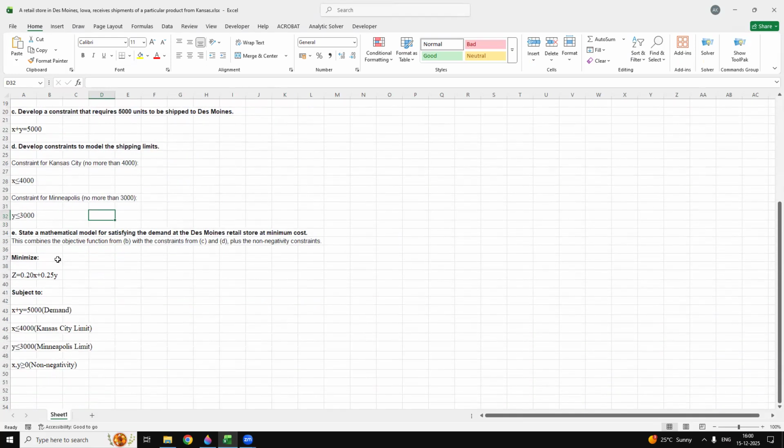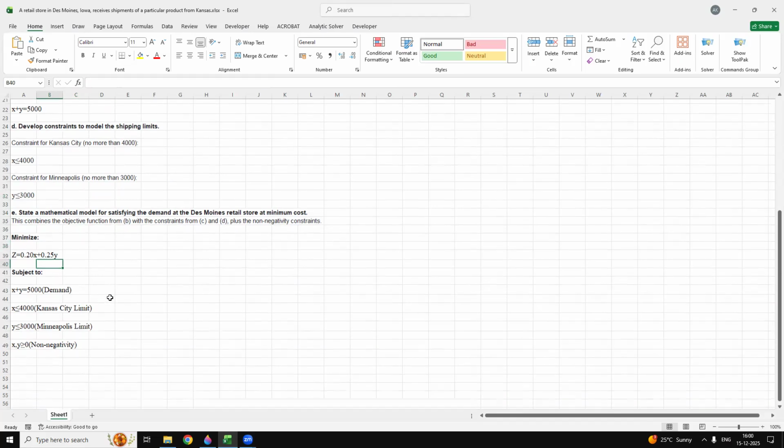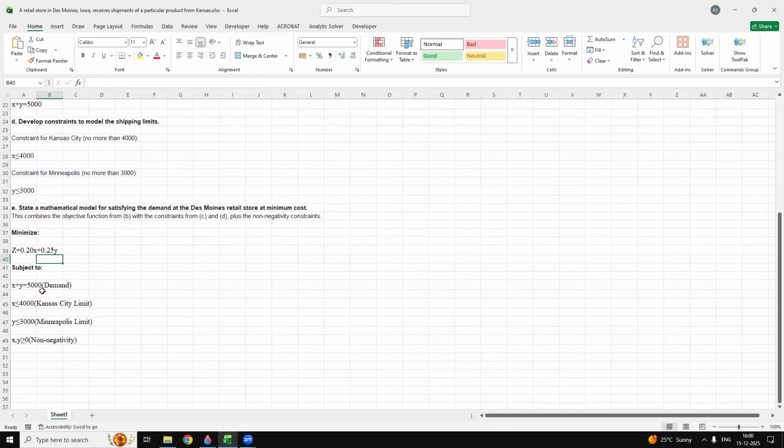Then this is for part E: state a mathematical model for satisfying the demand at the Des Moines retail store at the minimum cost. This is the objective, and we have to minimize the cost. So here we have taken the variable z, which is 0.20x plus 0.25y, and these are all subject to the constraints: